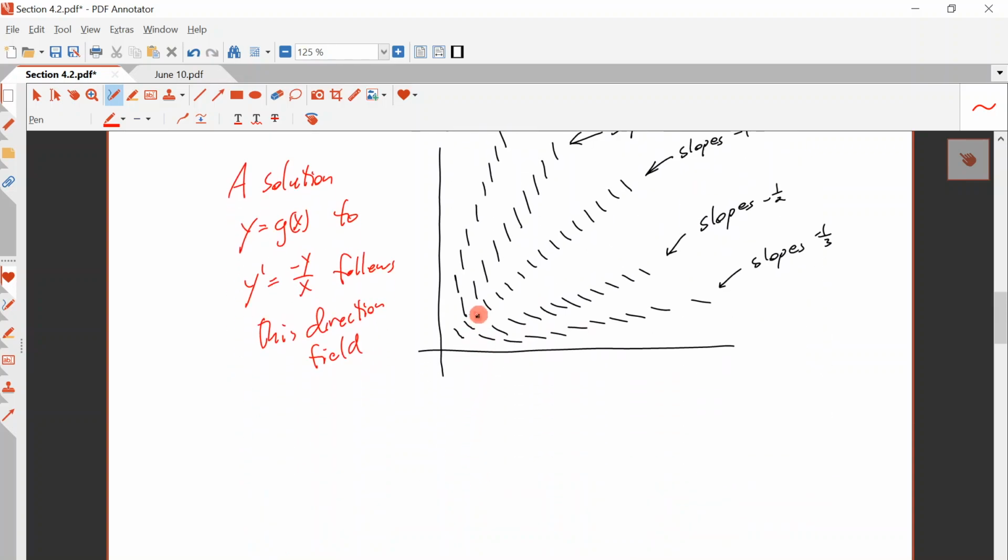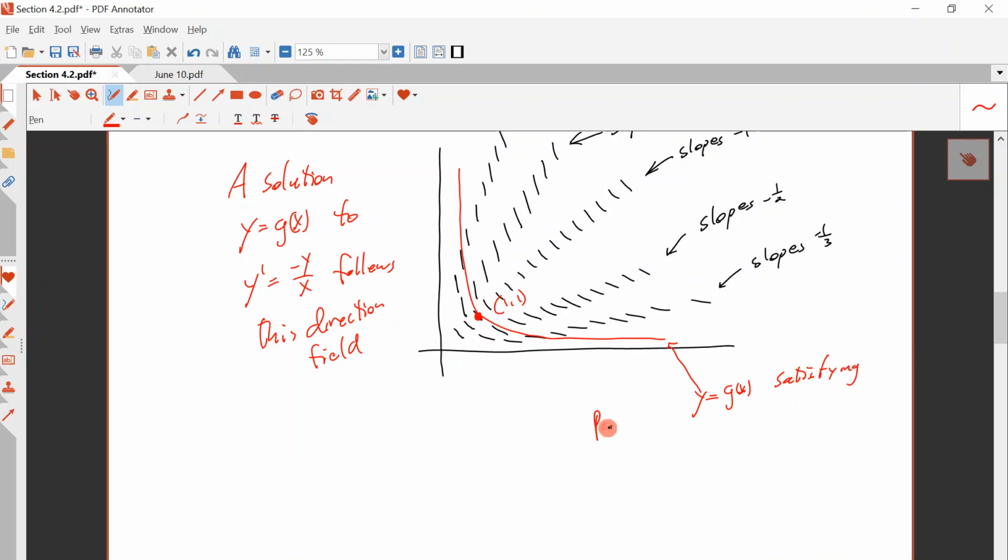So if this is the point (1, 1), say, then a solution here would do something like this, flattening out as we get further away from the origin, steepening up as the angle from the origin increases. And if this is the point (1, 1), then this is the solution y equals g of x,